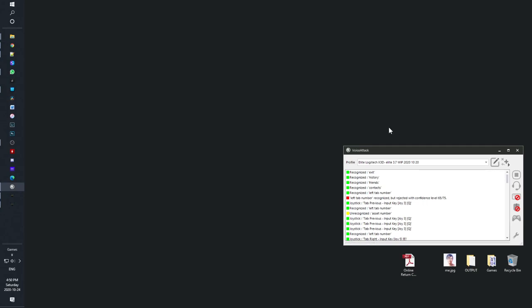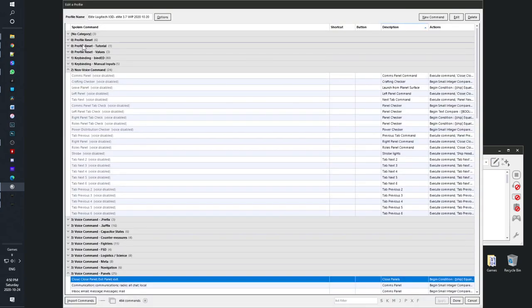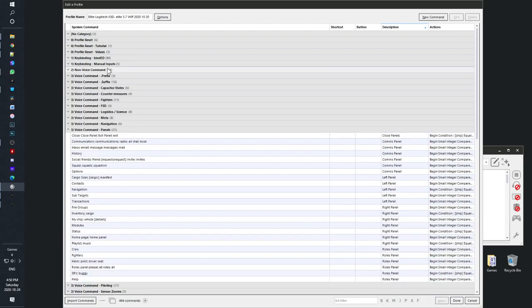Alright guys, the tabs debug is finished finally. And why I needed to do that was because I want to put something in, just in case some of you guys want to move the tabs by hand with 2 buttons on your joystick, or Q and E, for example. So I finished that,